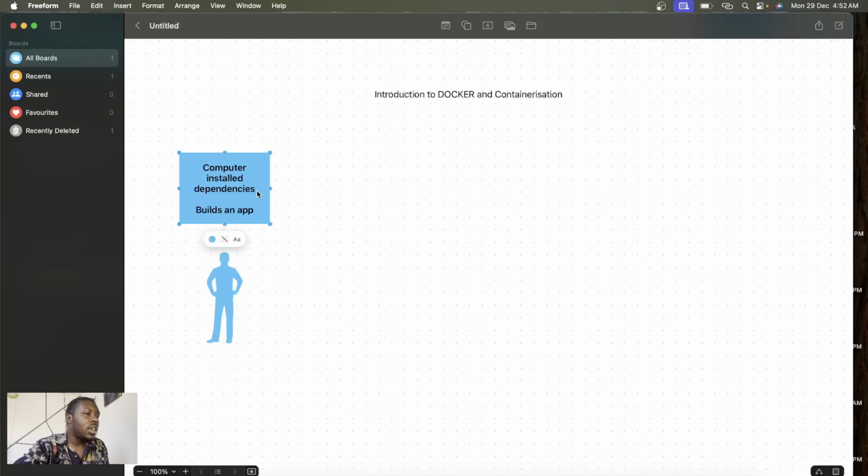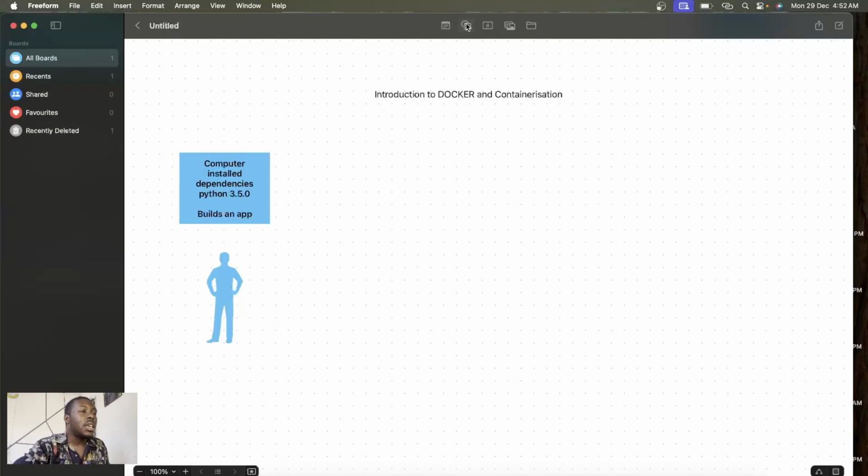We can just give an example, say Python 3.5.0, for example, right? These are all what he has in his computer to make this work, to make the application run.